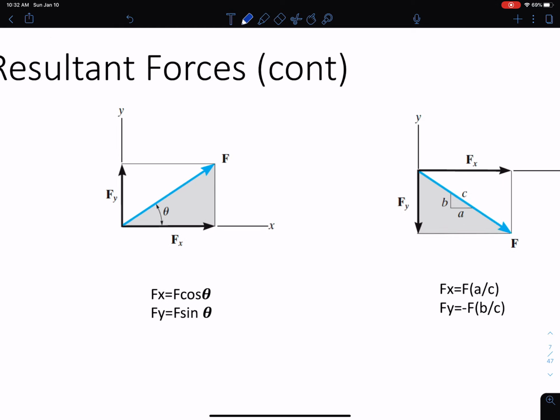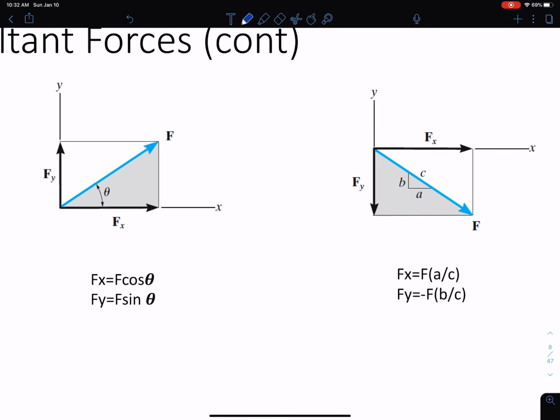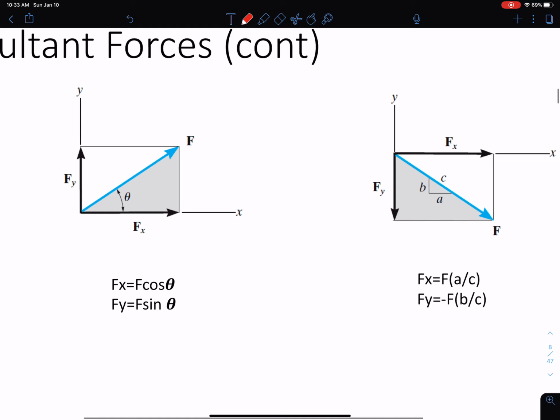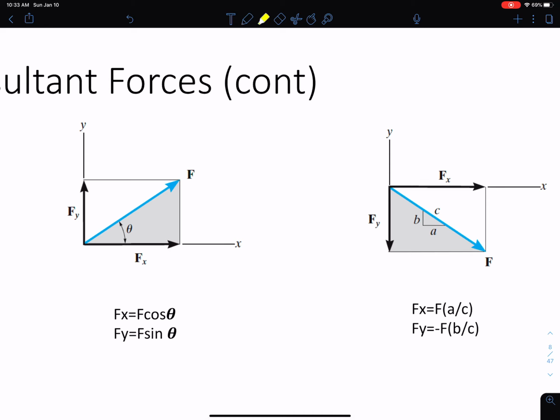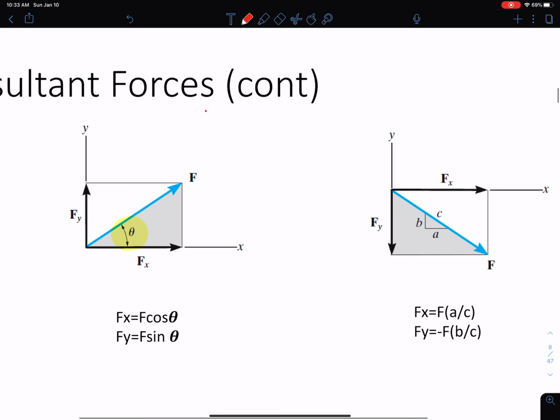So here, remember, this is super important. We have to be really good at our vector analysis and our trigonometry here. Okay, you don't need to remember all of trig, but you do need to remember a couple of key and important factors of trig. So I'm going to go over those pretty quickly here, just as a kind of refresher. If I'm given an angle theta right here, what I want to remember is, I don't know if you guys learned it this way, this is how I learned it, but if you remember SOHCAHTOA,